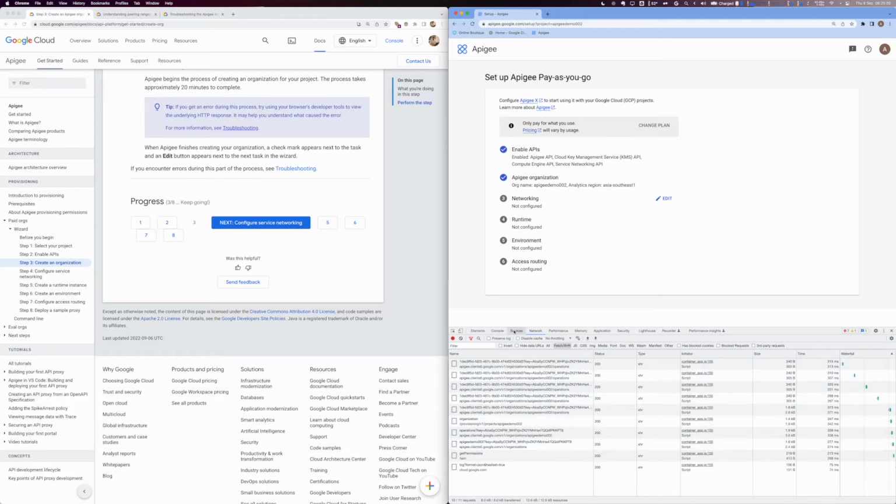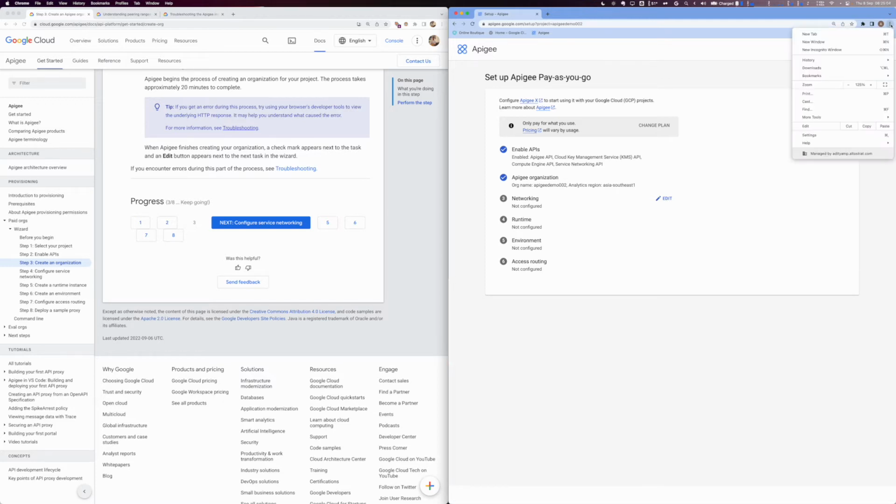Let me actually show you how it goes. You open Chrome, more tools, developer tools,